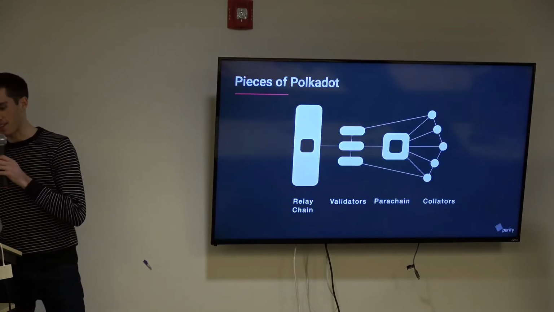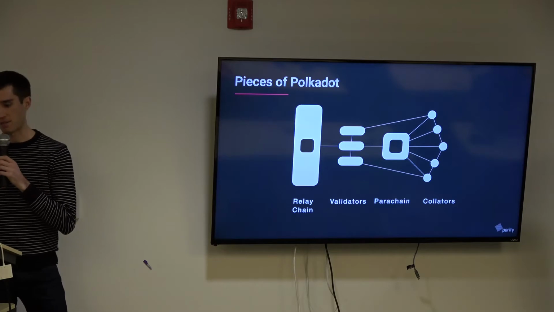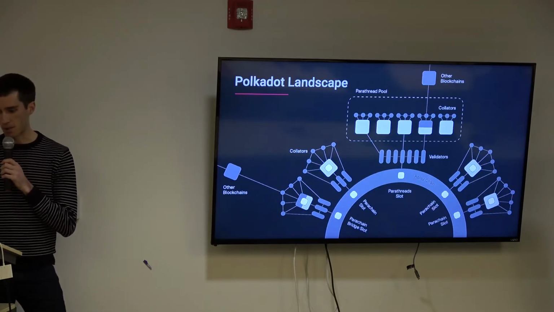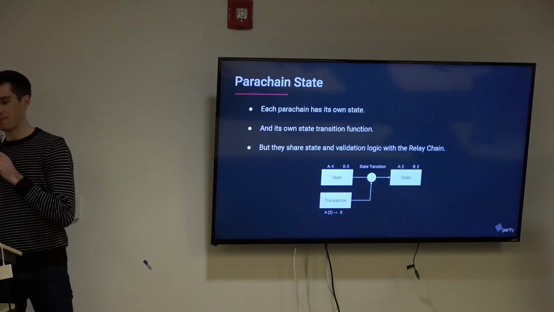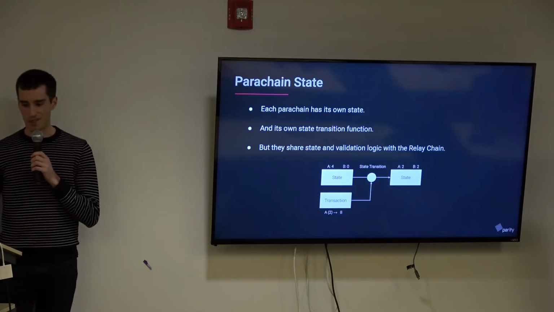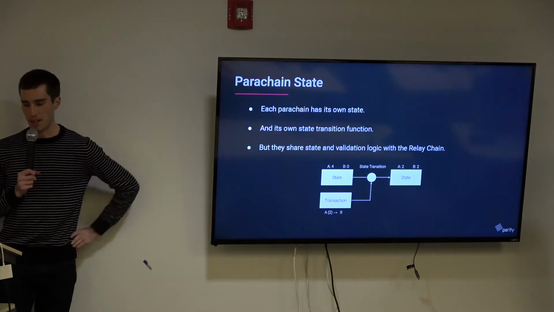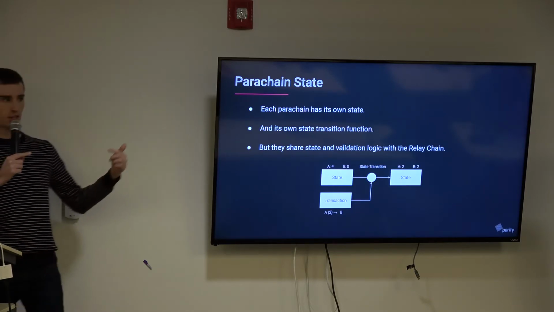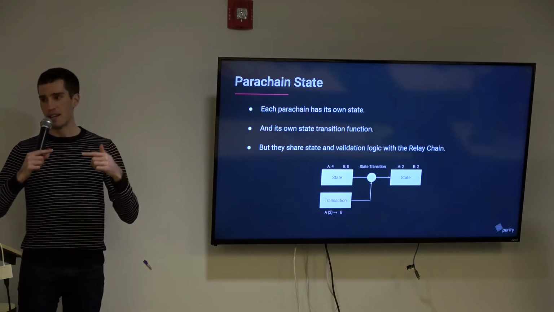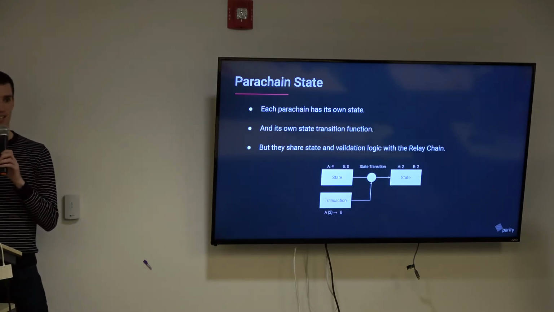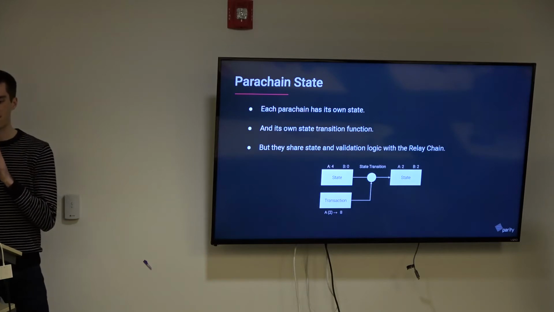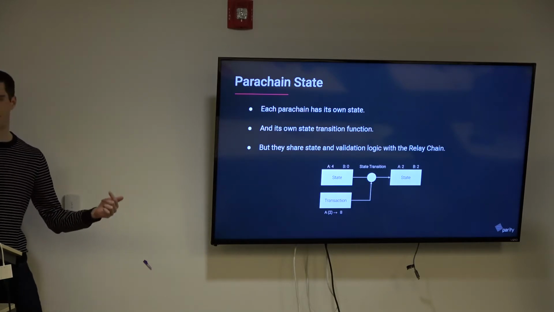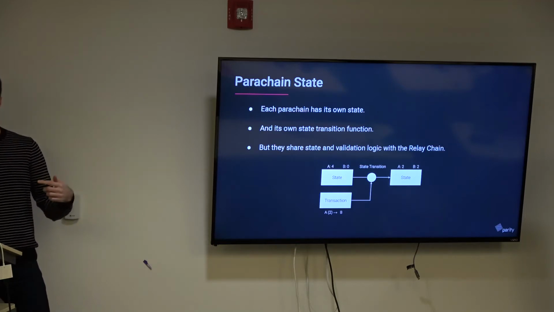So yeah, Jack already showed you this. We have relay chain validators, parachain collators, and more of them. Jack mentioned that they're heterogeneous shards, but it really depends on which side you're looking at it from. If you're looking at it from the parachains, they're heterogeneous because they each have their own state transition function. But if you're looking at it from the side of the relay chain or the validators, it's actually homogeneous because